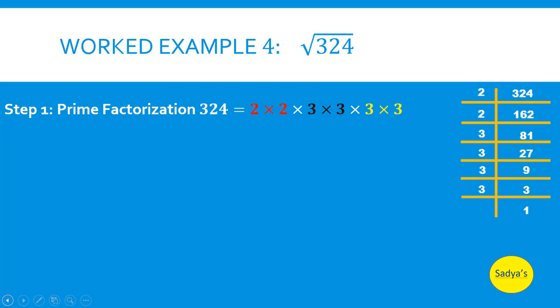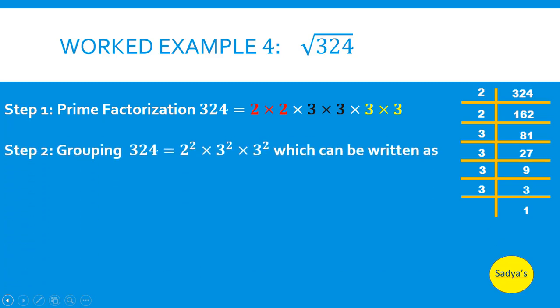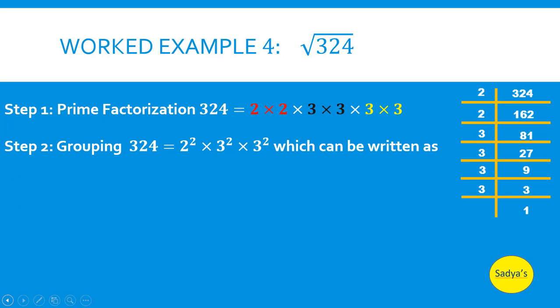But we have to make the pairs of 2's. So 2 multiplied by 2, which can be written as 2 square. 3 multiplied by 3, which can be written as 3 square. And then again 3 multiplied by 3, which is written in yellow. So it will be written as 3 square. So while finding the square root, we group the numbers into twos. And since we now know that we are lazy and we don't want to write the power again and again, we can write it in combined form as 324 is equal to 2 multiplied by 3 multiplied by 3 whole